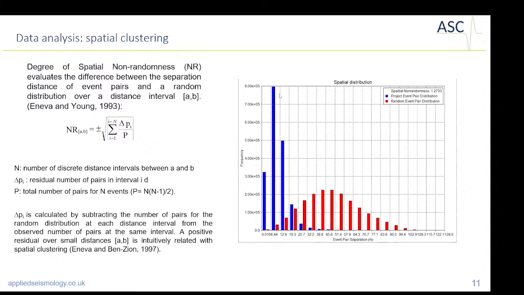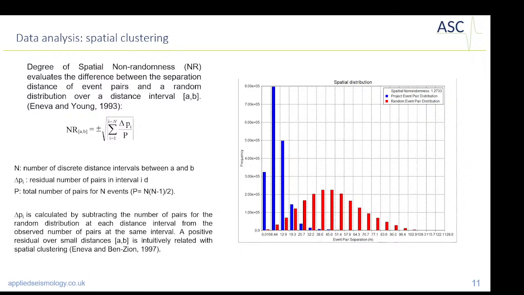This number can be plotted for each interval that we are looking at. And if we have any degree of spatial clustering, our population and the random population will show a different distribution, and especially will differ at short separation distances. As we can see here,